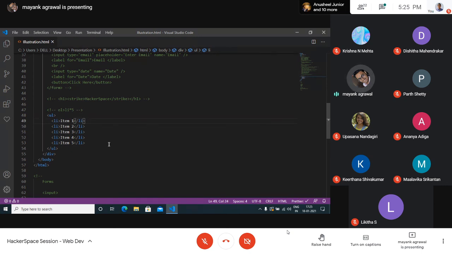Otherwise, there are many more tags, like instead of li, you can also use something called dl. You can use something like dl, or dd, or maybe dt. All of these tags are kind of definition based, and mostly you'll be using li itself, because lists are often used while making nav bars or adding footers, because there's a list of anchor tags being used.